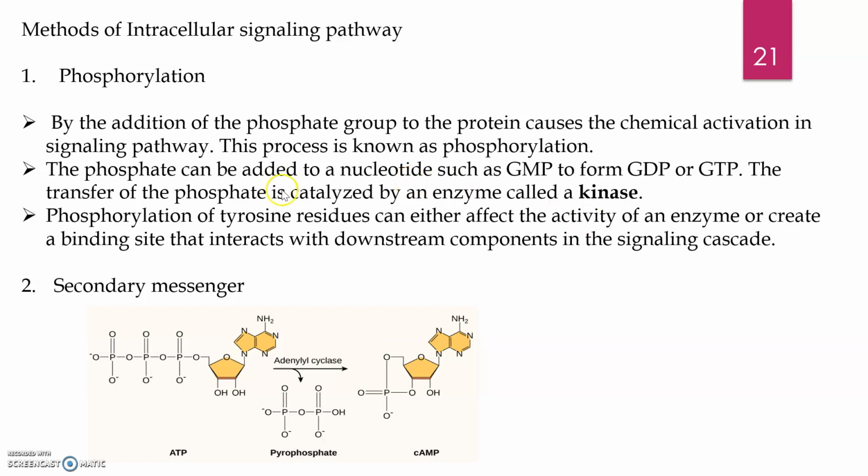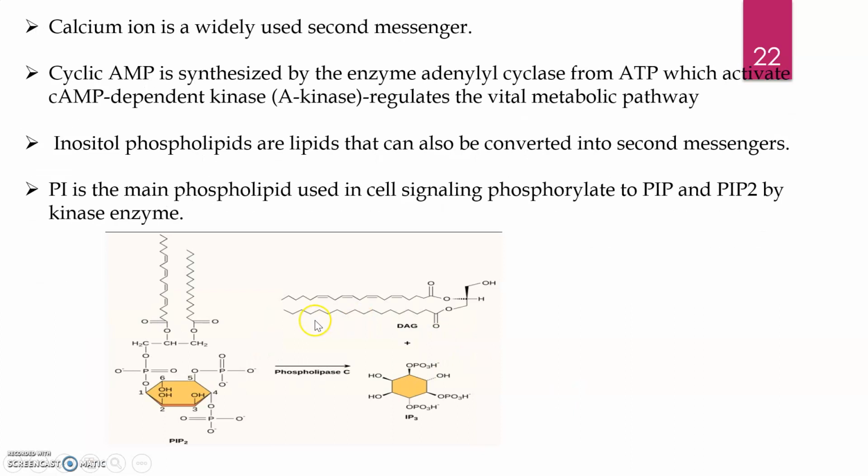And next will be through the mediation of the secondary messenger, where the ATP molecule in the presence of the adenyl cyclase enzyme, with the release of pyrophosphate, gets converted into cyclic AMP, and this cyclic AMP is one of the secondary messengers. Another such secondary messenger is the calcium ion, and the calcium ion also causes the activation of some of the receptors. One such example is the G protein coupled receptors. Through the IP3-DAG pathway, they cause the increase in the level of calcium ions.